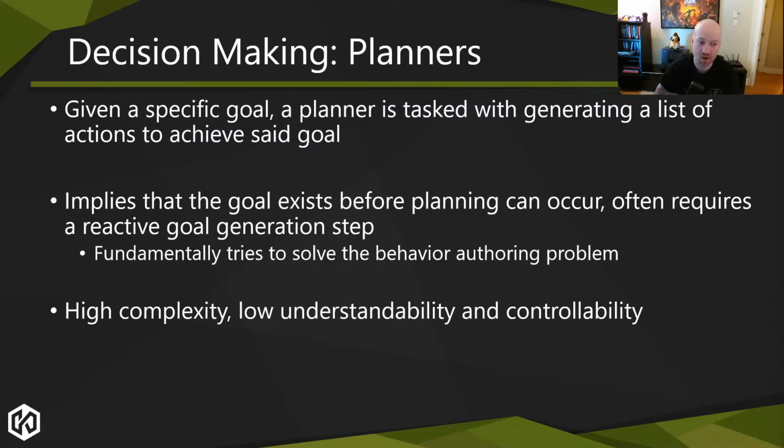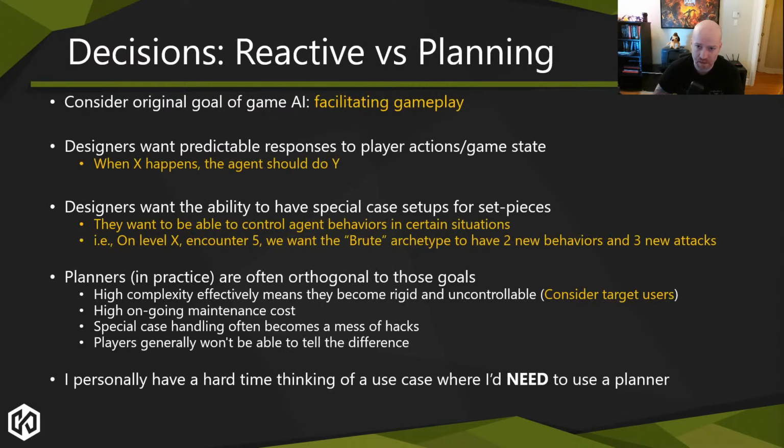Versus this saying, oh, well, I have a big graph of actions and I am here and I need to get to here in my graph, and that takes me through a move to node, and that takes me through a punch node, and that takes me, that's all it's fundamentally trying to solve. And it ends up being this super high complexity thing that's often a black box and people have zero control on it.